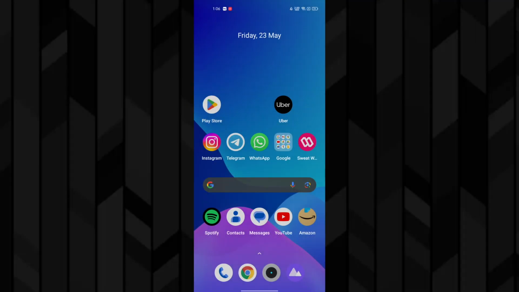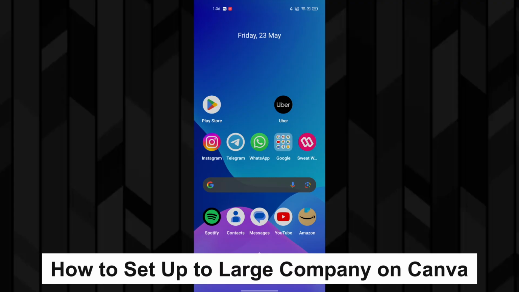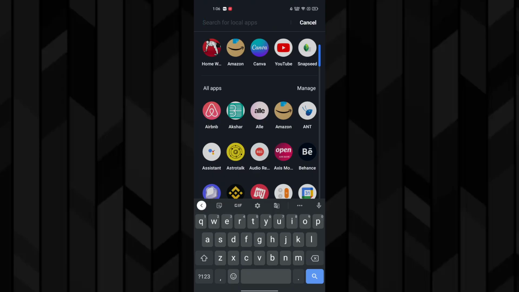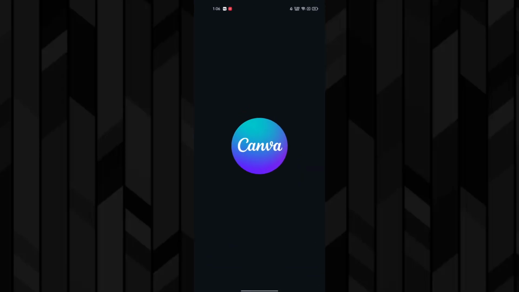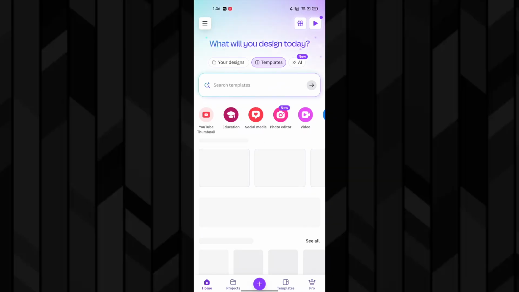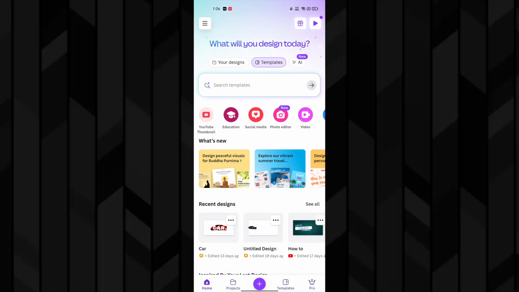So in this video I'm going to show you how to set up the large company on Canva. So first of all we want to open the app. After opening it, on the top left corner you can see there are three lines. Click on there,